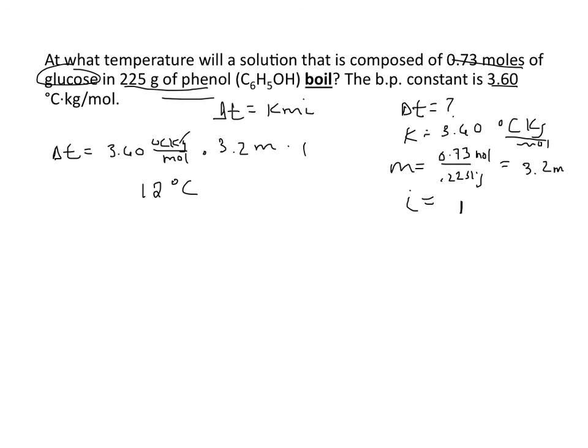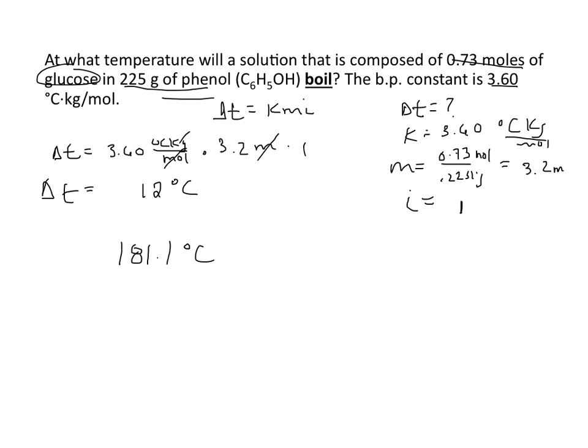We multiply all of those out, and that gives us 12 degrees C, right? Kilograms and moles cancel with molality. Degrees C is what's left. So our change in temperature with respect to our solvent is going to be 12 degrees C. Okay, so our boiling point elevation is going to be 12 degrees higher than what our solvent would normally boil at. So phenol, which is our solvent, normally boils at